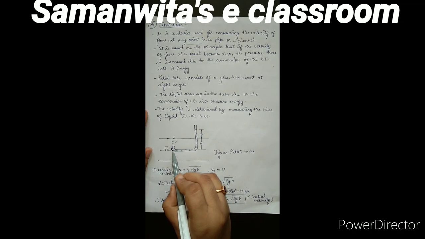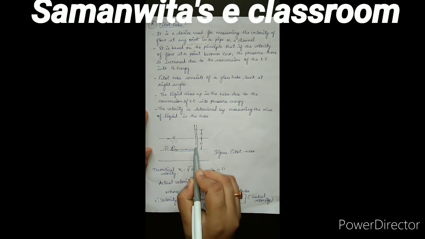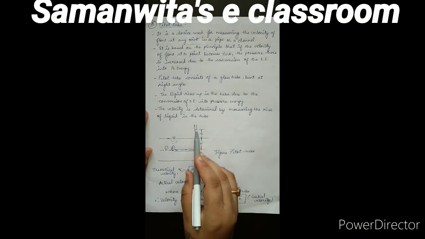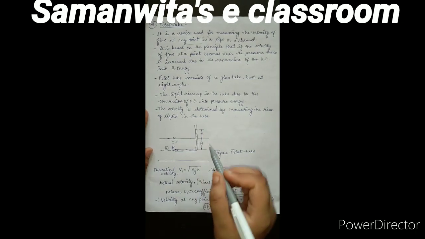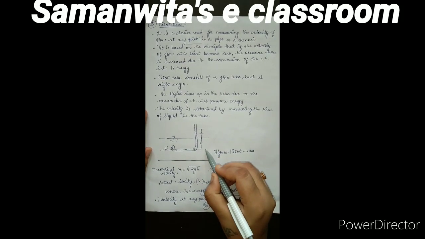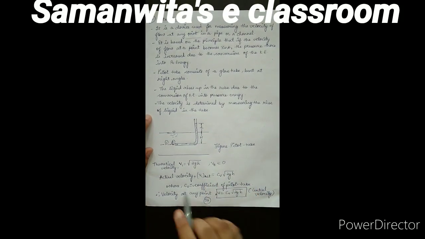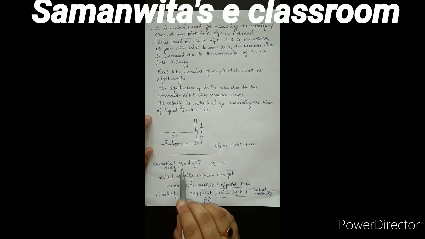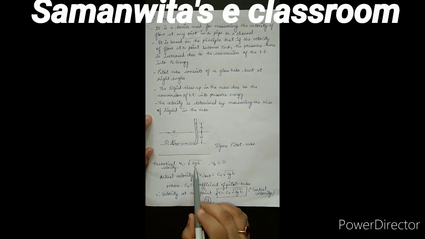Now when the velocity becomes 0, at this point the pressure is going to be very high. This pressure is called as a stagnation pressure. With the help of this pressure, the liquid is rushed through the Pitot tube and it rises to a particular height. Let me mark this height as small h and this height as capital H. For theoretical value, the V1 is calculated as root of 2gh. This can be derived by using Bernoulli's principle, which can be applied at section 1 and 2.